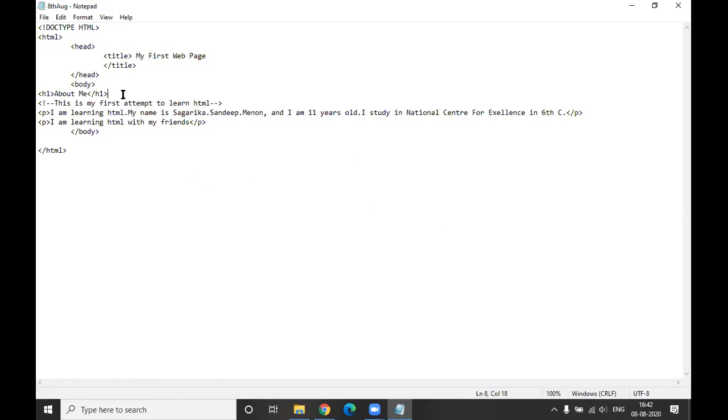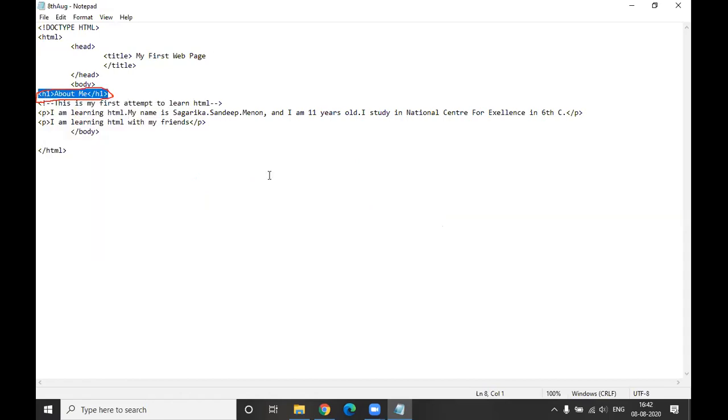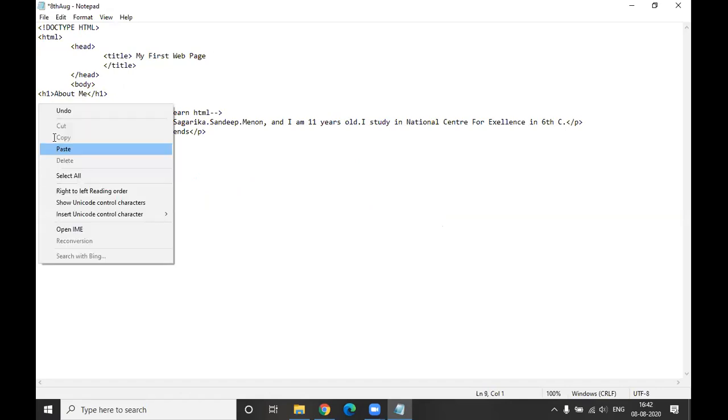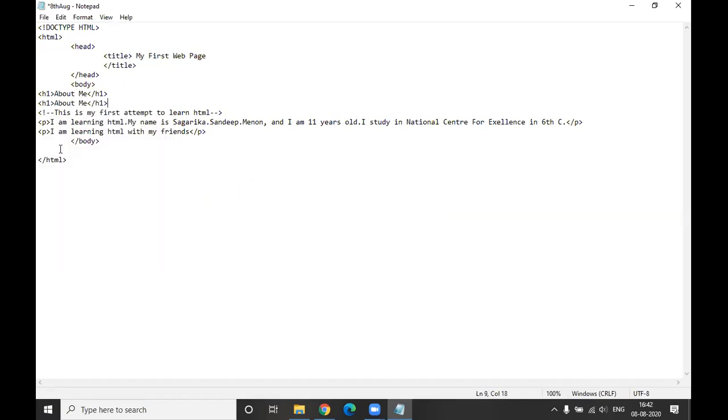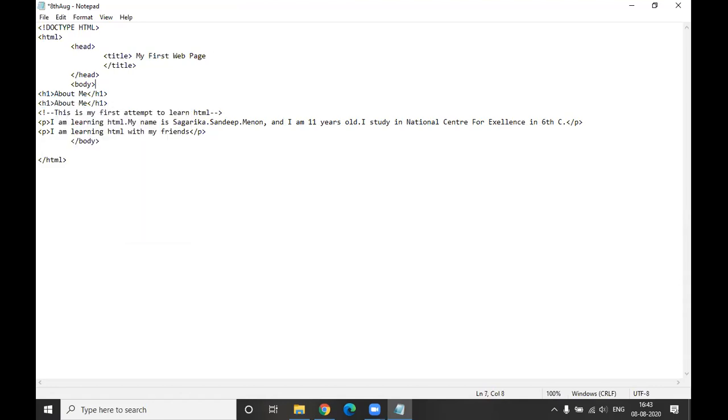Now copy this entire line. Then put enter over here after that. Paste it. Again put enter, paste it. No need to copy again once you have copied it. Enter. Paste it again.